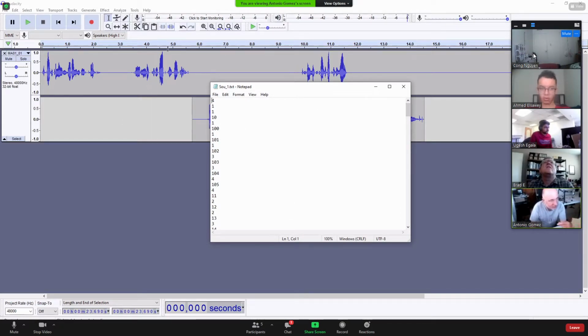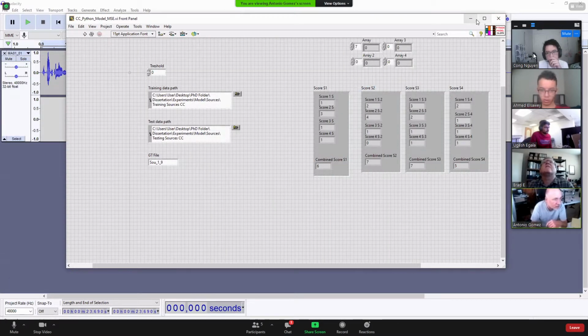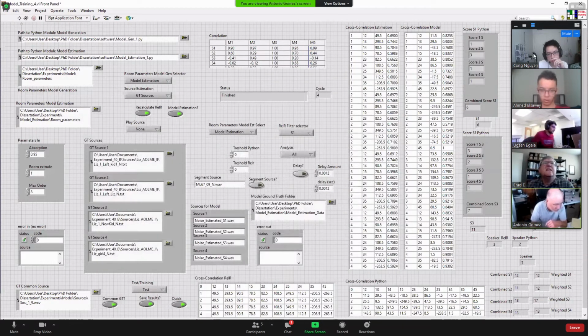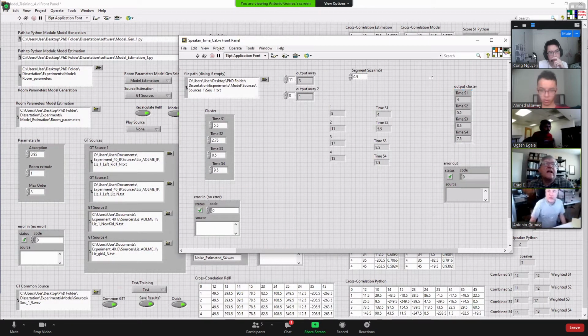And then I take this and run it through another LabVIEW program. Is that segment an actual time? No, that segment is segment and speaker. Each segment is whatever, 250 milliseconds.